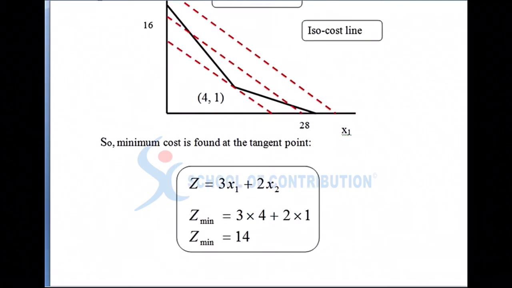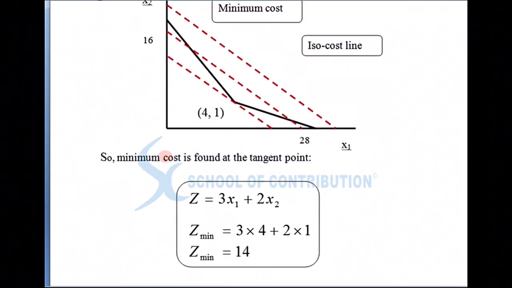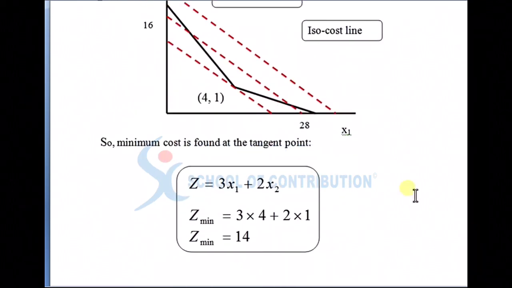So housewife can meet the daily requirements of vitamin A, B and C, and she should spend in total minimum cost $14 on these two kinds of food, P and Q. So she যদি P and Q ফুডে $14 স্পেন্ড করে এবং মিনিমাম, তাহলে সে ডেইলি যে তার ভাইটামিন রিকোয়ারমেন্টস A, B and C সেটা সে পূরণ করতে পারবে উইদিন দিস